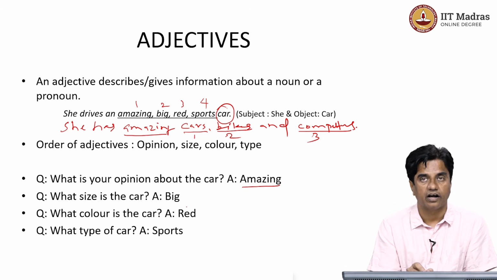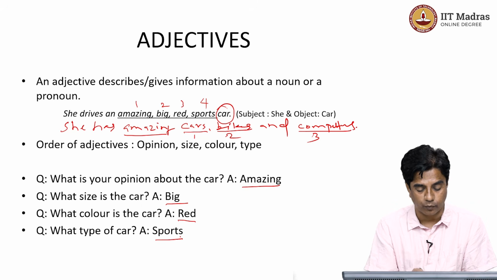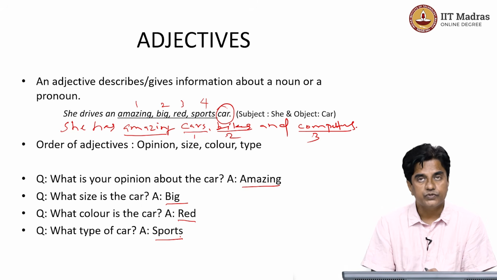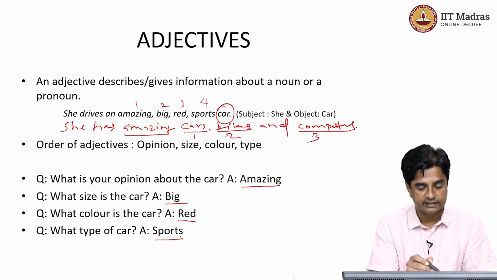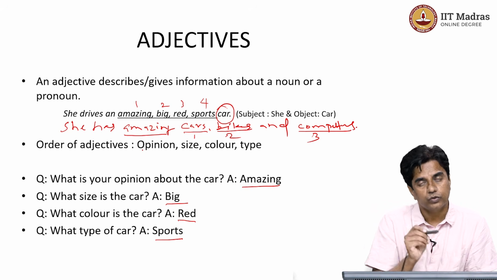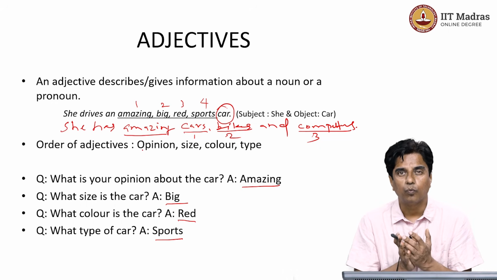What is the size of a car? It's a big car. What is the color of a car? It's a red color. It has red color. And what type of car it is? It's a sports car. So these questions help you understand what are the types of information we need from